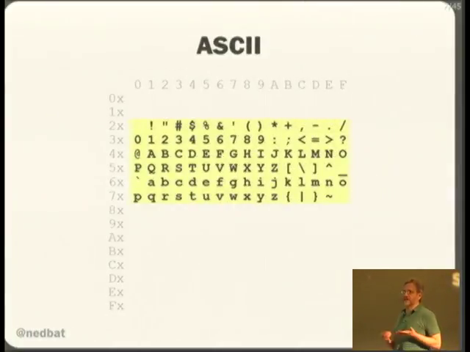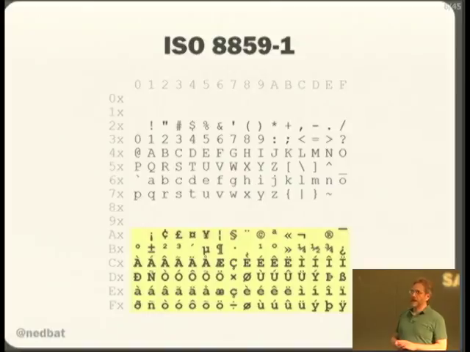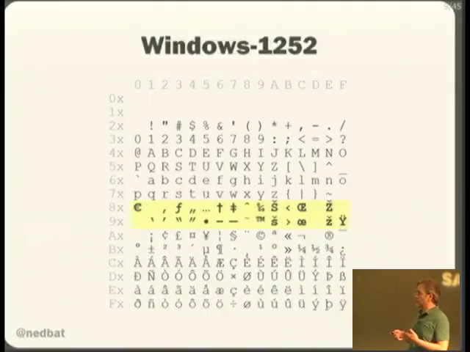To send people text, what we decided is, because bytes are meaningless, that we would assign meaning to bytes through convention. And the most basic convention for text is that there's the ASCII code, where we've taken 95 graphic symbols and assigned them byte values and said, when I send you this byte value, you will know that I mean a capital letter A, because we've agreed that these bytes mean this. ISO 8859-1, also known as ISO Latin 1, added 96 more characters for bytes, and then Windows added 27 more characters, and this is sort of the extent of what you can do with bytes for text. Okay, that's about as many different symbols as you can display with a single byte.